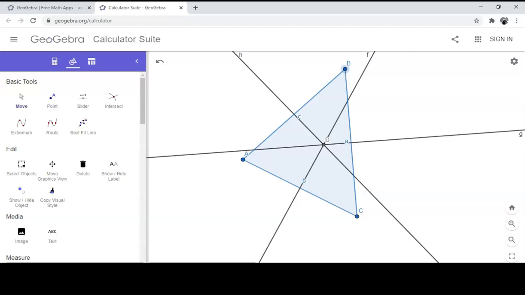So if 3 lines, this is not just in a triangle, just in general, if 3 lines intersect at a single point, then those lines are called concurrent, C-O-N-C-U-R-R-E-N-T, concurrent. And the point that they intersect at is called the point of concurrency. So D is a point of concurrency. This specific point of concurrency is called the circumcenter. So the circumcenter of a triangle